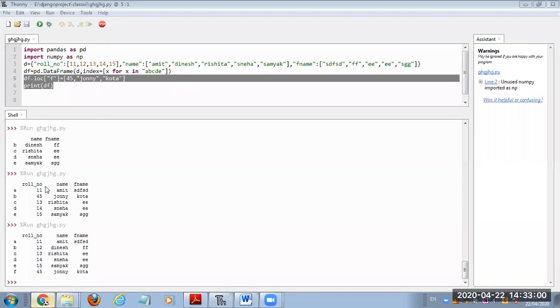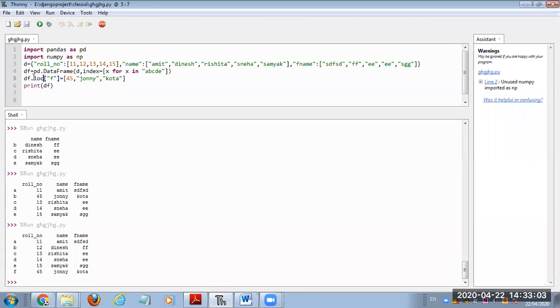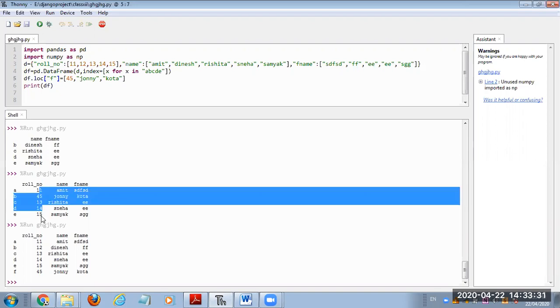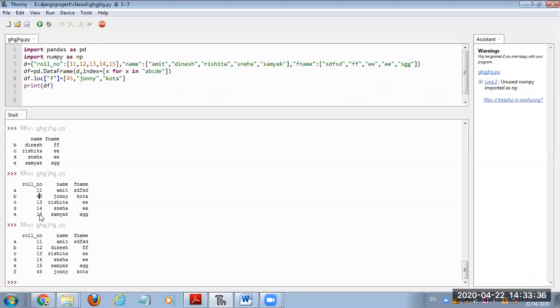Now suppose using this loc function, you have to change a particular column. Concentrate on this roll number column. Suppose there are values 11, 45, 13, 14, 15, and I want a fresh 5 values, 51, 52, 53, 54, 55.